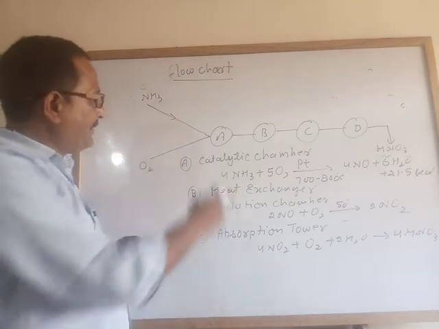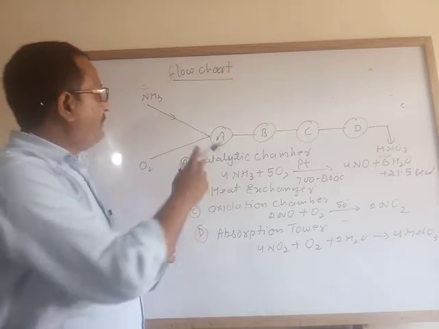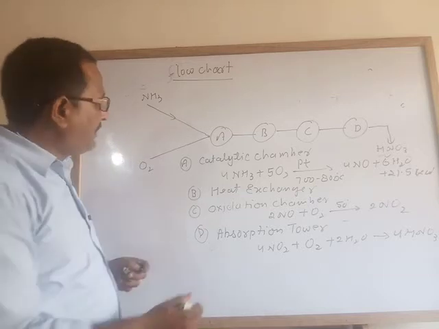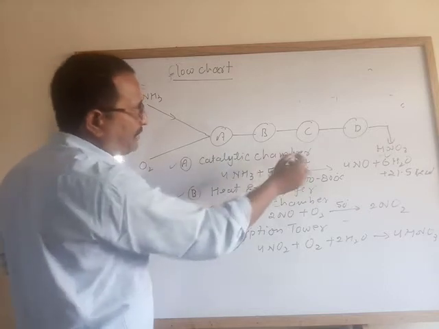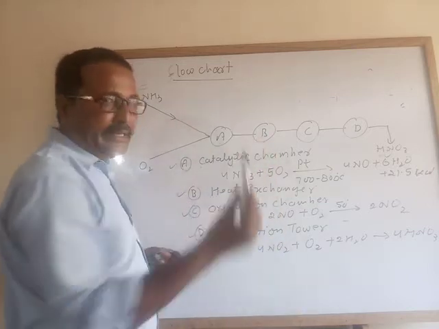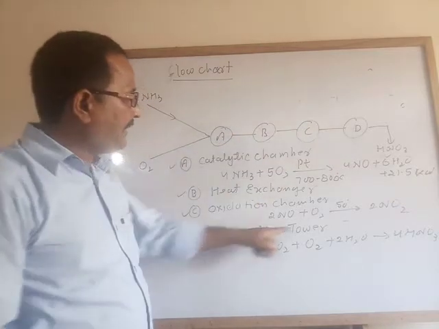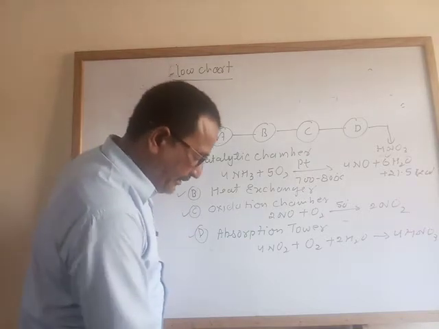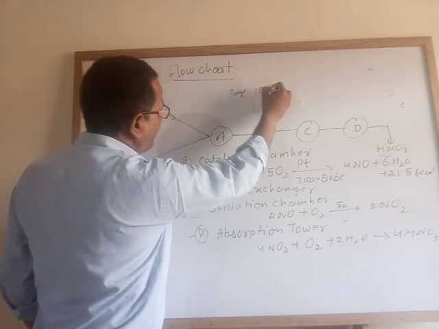Okay, the board always asks a 5 mark question: draw the flow chart of manufacture of nitric acid by Ostwald process and explain all the reactions taking place in different chambers. So you have to mention the name of the chamber also. A catalytic chamber, B heat exchanger, C oxidation chamber, and D is known as absorption tower or absorption chamber. Now page number 188,